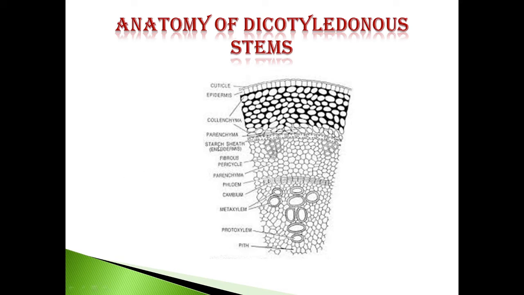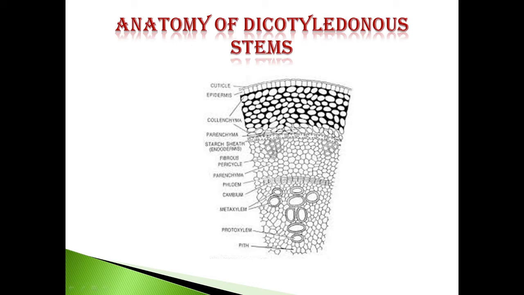The next is the endodermis. The barrel-shaped endodermis is made of elongated, compact cells having no intercellular spaces between them. Usually the cells contain starch grains, and thus the endodermis may be known as the starch sheath. Just below the endodermis there is the stele region. The stele is the part of the stem inside the cortex.